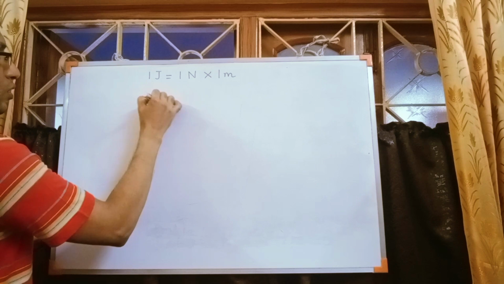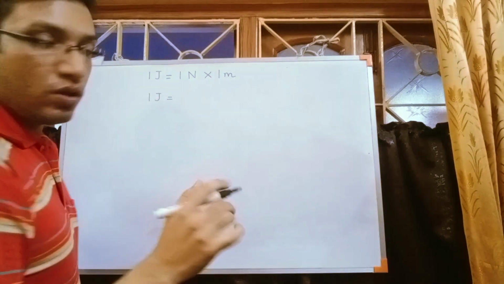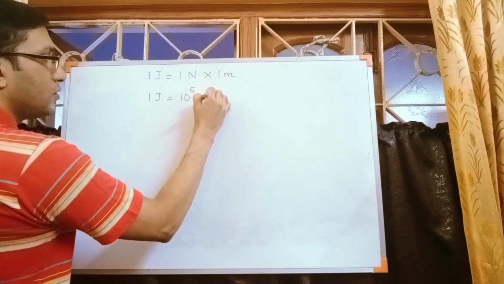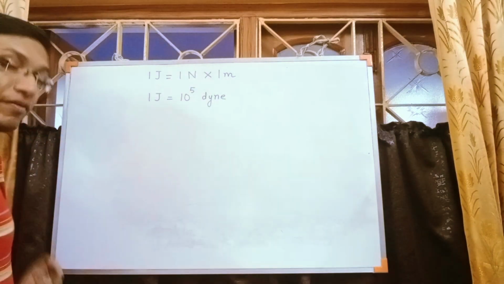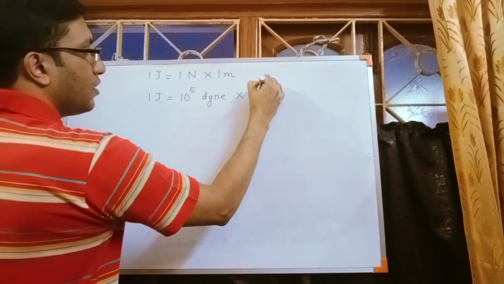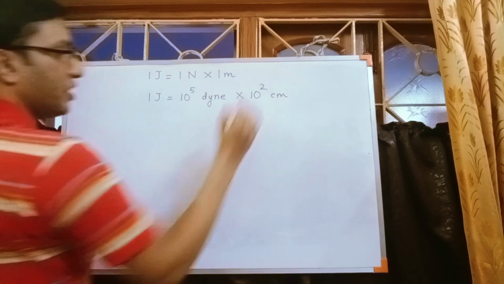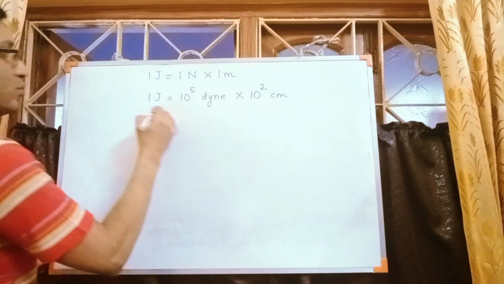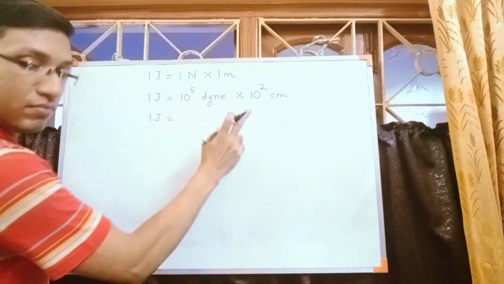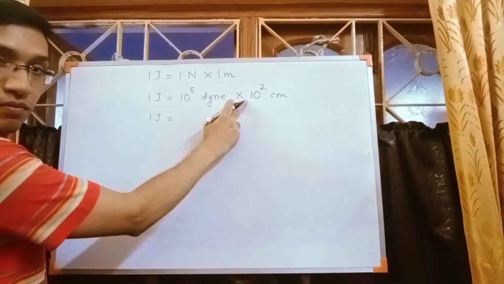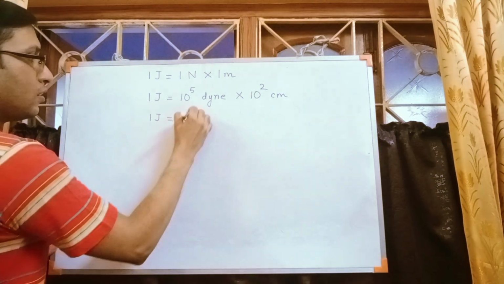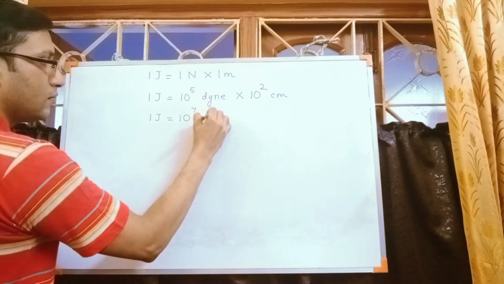Now we know that 1 Newton is equal to 10 to the power 5 dyne, and 1 meter is equal to 100 centimeter, which can be written as 10 to the power 2 centimeter. So if we combine these two, the bases are same and they are in multiplicative form, so we have to add the powers. 10 to the power 5 plus 2 gives us 10 to the power 7 dyne